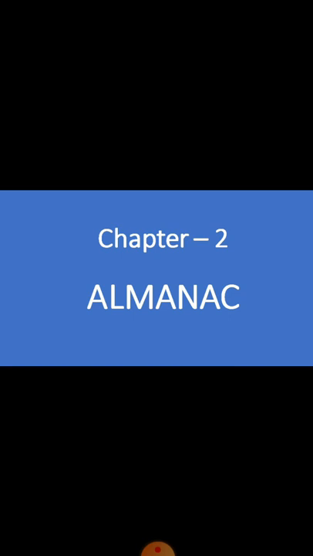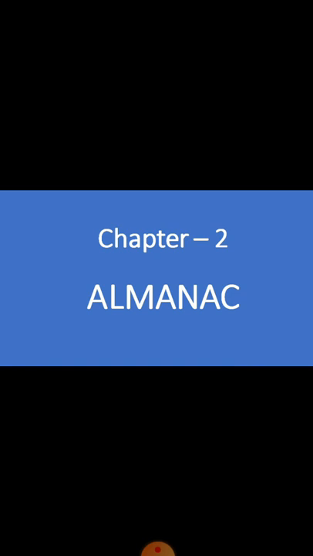An almanac is an annual publication which includes information such as weather forecasts, tide tables and tabular information arranged according to the calendar. Okay. So what are tide tables and tabular information? That also I have explained. I hope all of you understood this portion. Then I explained about the Gregorian calendar.